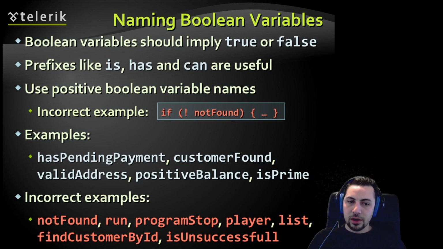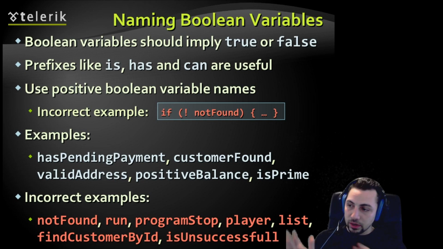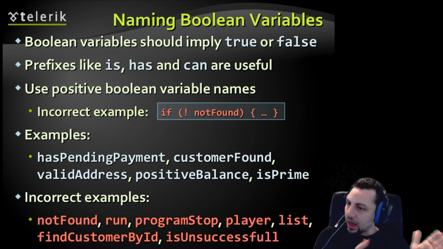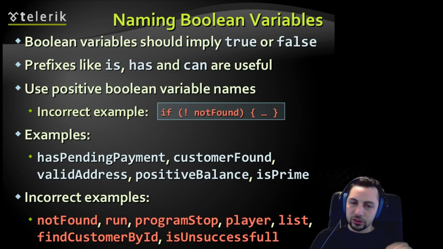Those Boolean variables, if you put them into a larger expression, you always, by the way, want to use positive names. Don't do the negative, like not found. Then you're trying to say if not found, which doesn't make sense. If you use the positive version, though, you could then say exclamation found, and you would read that as if not found. So you always want to make sure that your Boolean variables reflect the idea of the positive condition,